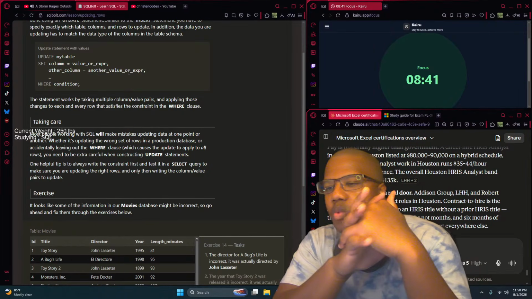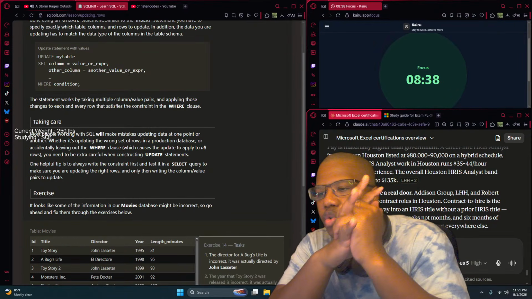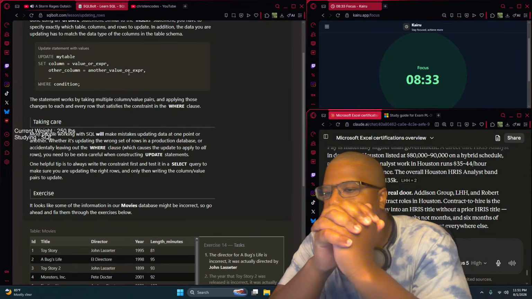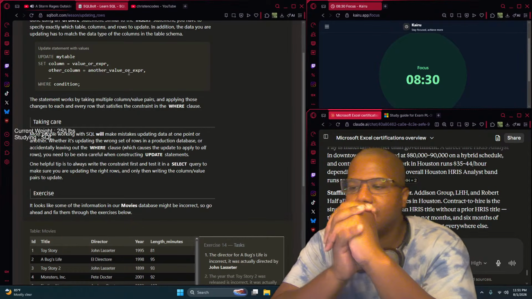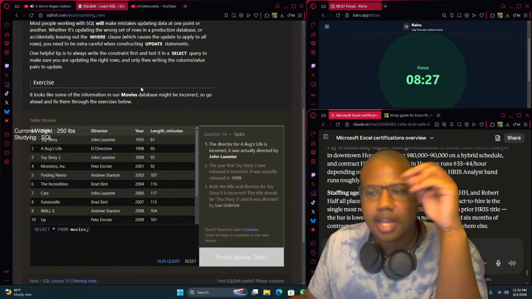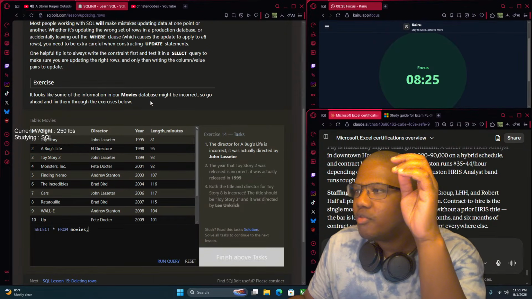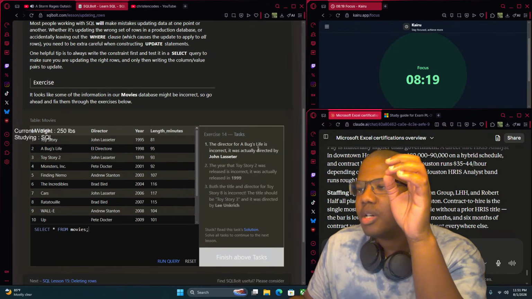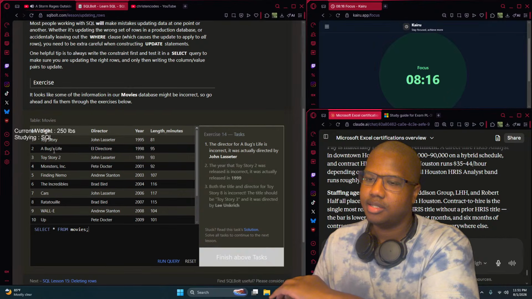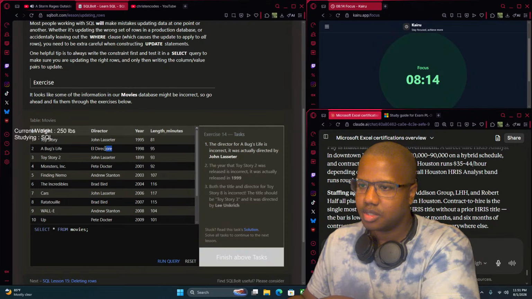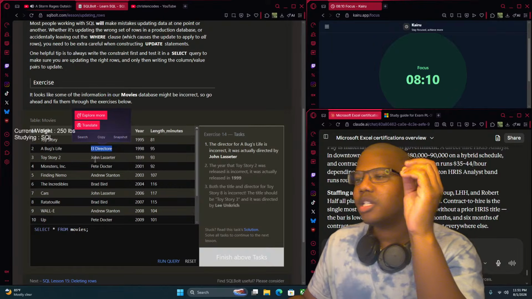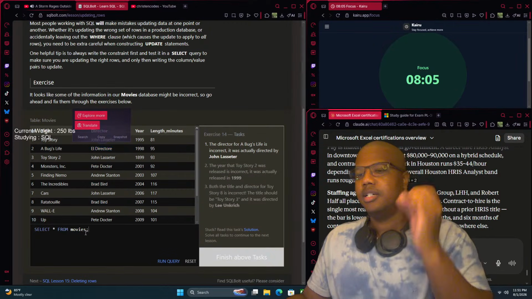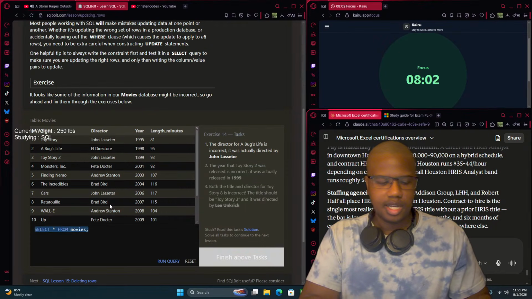I'm from Texas. One helpful tip is to always write the constraint first and test it in a select query. Exercise. It looks like some of the information in our movies database might be incorrect, so go ahead and fix them. The director for A Bug's Life is incorrect. It was actually directed by John Lasseter. So what we're going to do is we're going to say